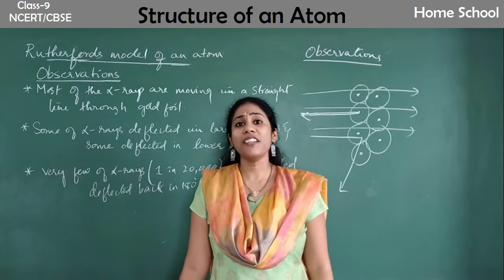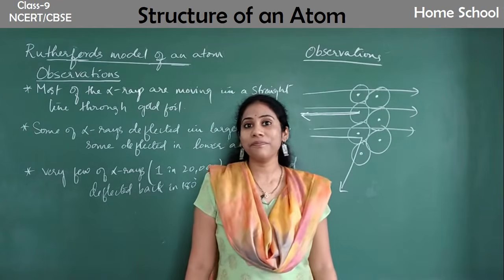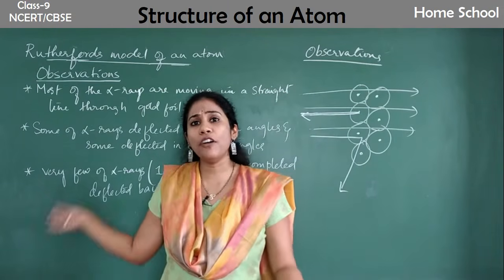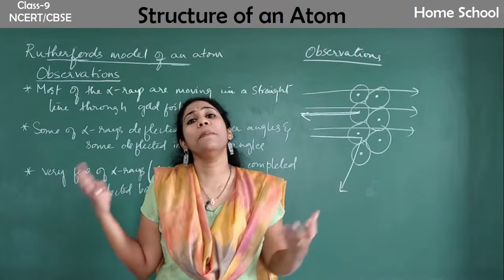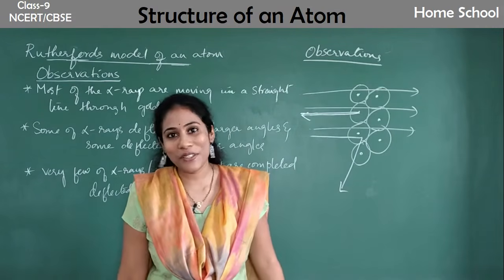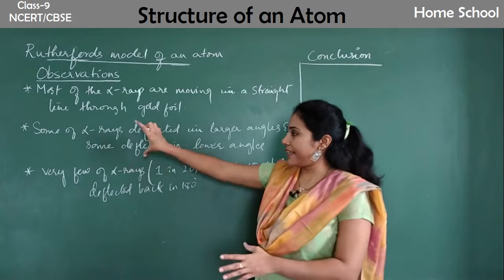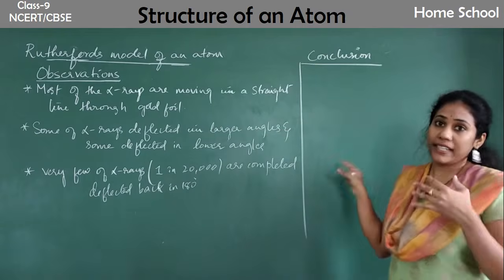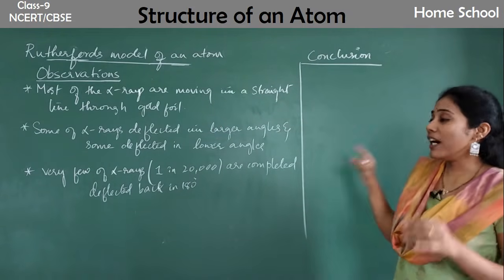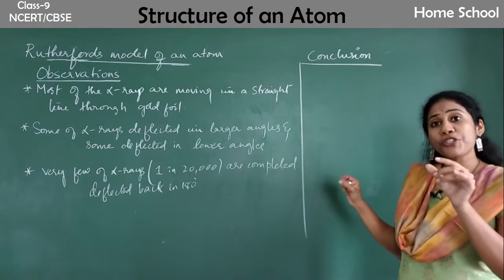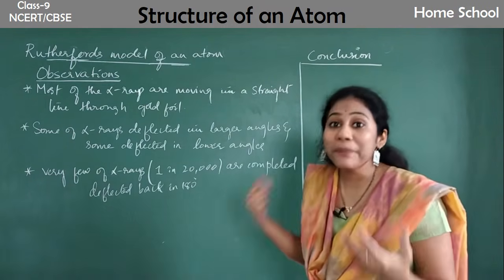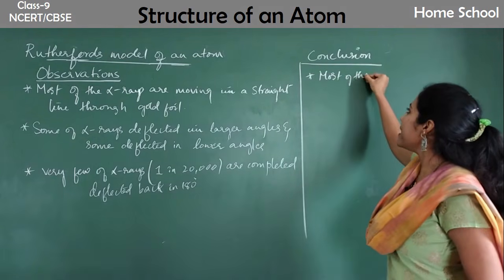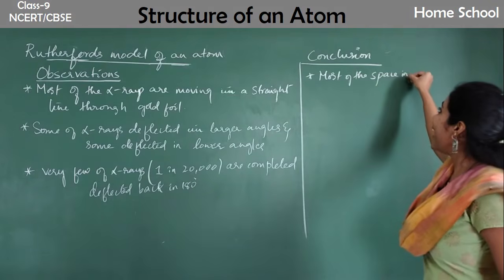And with this observation, what is the conclusion he gave? Out of this observation, what finally did he tell about an atom? Let us list out those points also. You can see the picture there for your reference. See, most of the rays have passed in a straight line. That means what he said was most of the place in an atom may be empty. What is the first point he said? Most of the space in atom